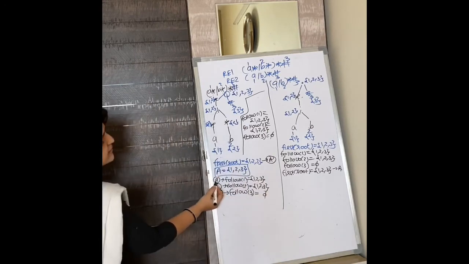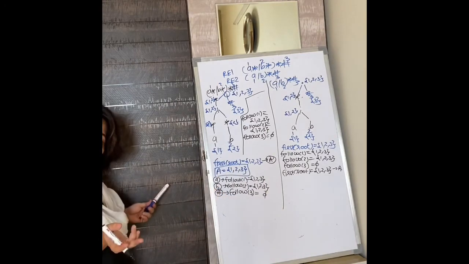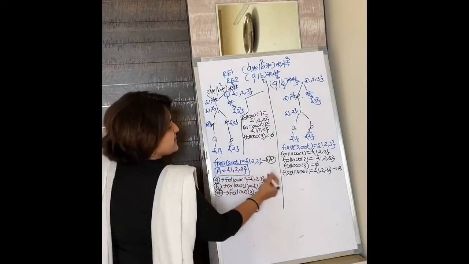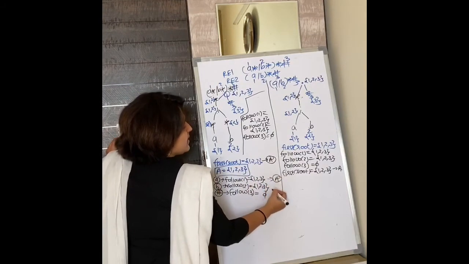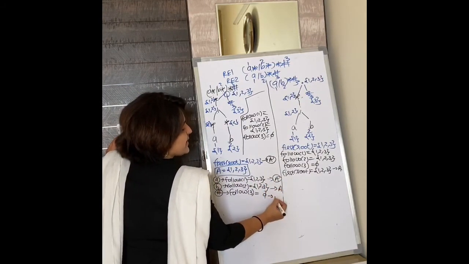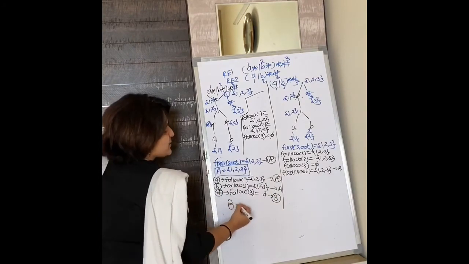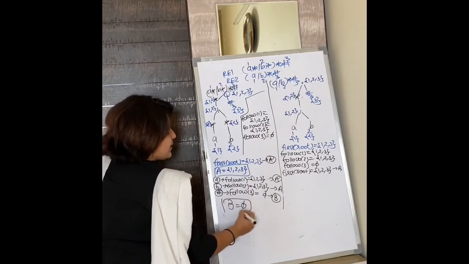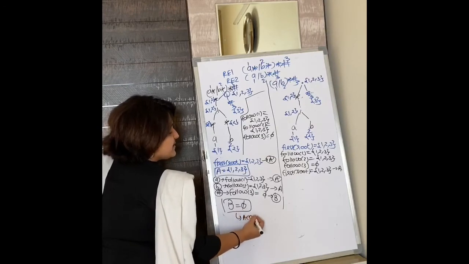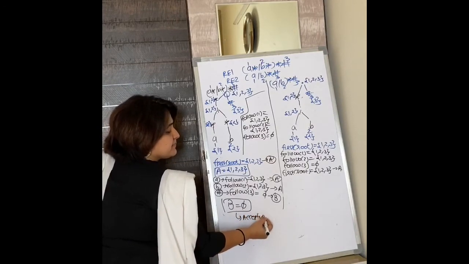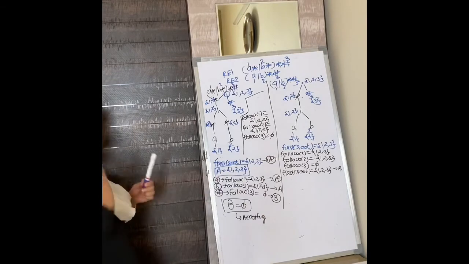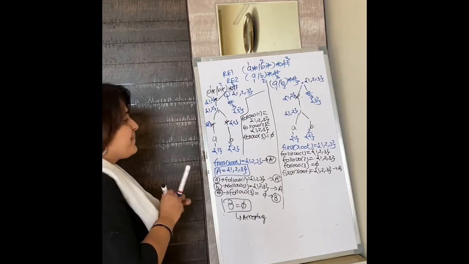Now see, A occurs only once, B occurs only once, no union is required, and 1, 2, 3 is the same set. So this is same as A, this is same as A, and this is a new set. Let me call it B. Simple. So what I have to do next? I have to explore B is equal to null. So I will call this accepting state. See, it's so simple. If I do the same calculation over there, then what will happen?